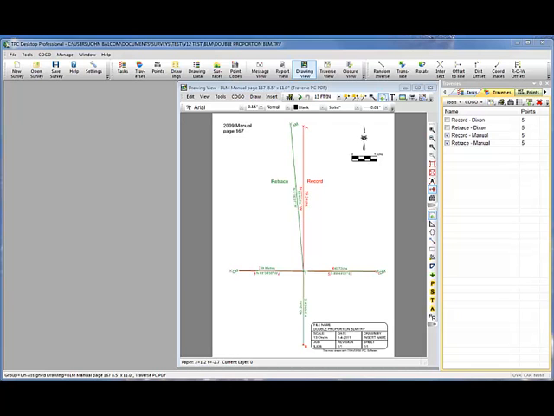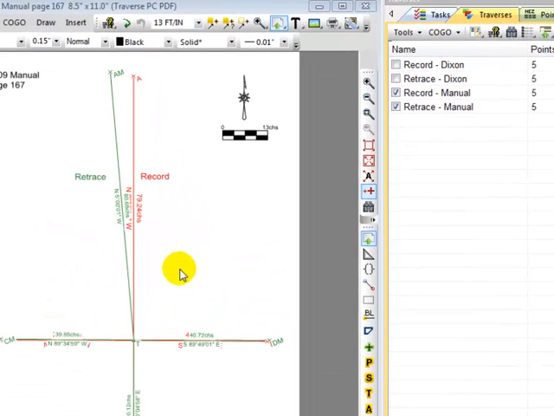In this video, we'll look at doing a double proportion for the BLM Manual Survey Instruction 2009. This particular example is found on page 167 of the manual. I'm showing both the record information that we've entered as a traverse and the retrace information that we've entered as